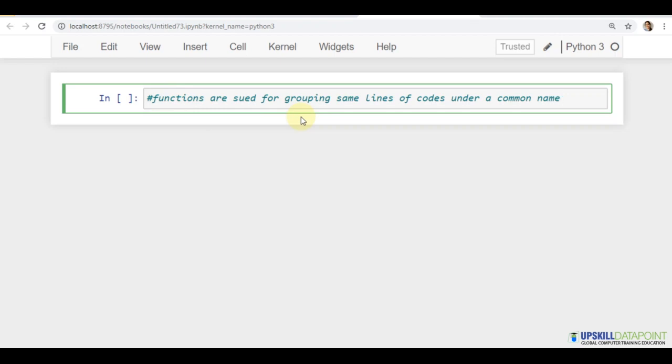So when we are writing scripts, there will be a lot of times when we have to use certain lines of code again and again. So instead of writing them over and over again, I can just put them inside a function and use them when needed. So it basically becomes some sort of tool which can do a specific task as and when called.